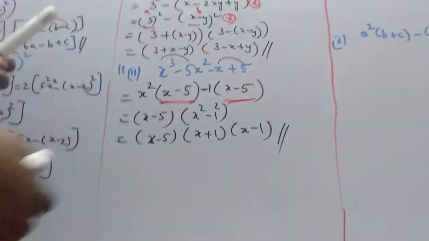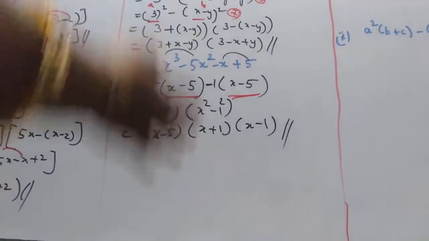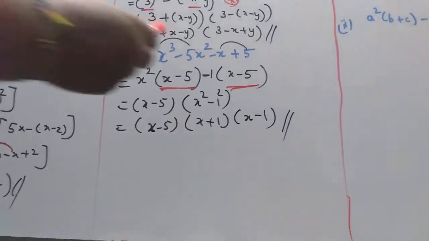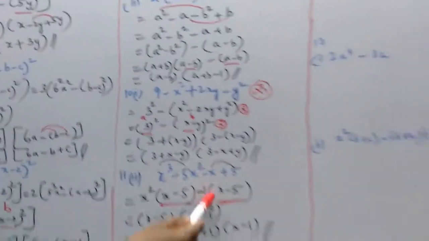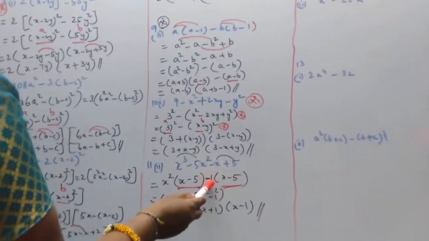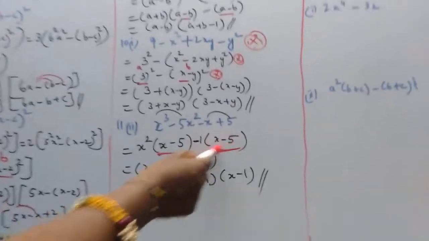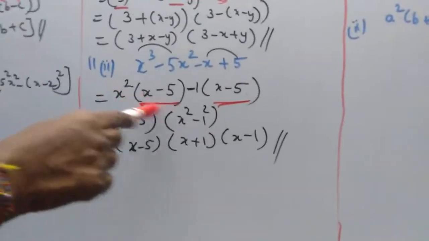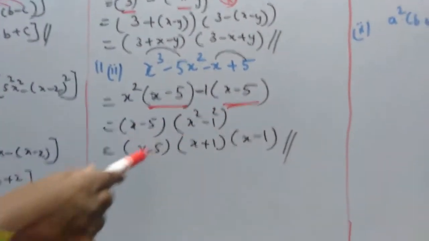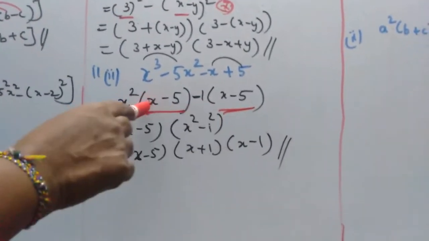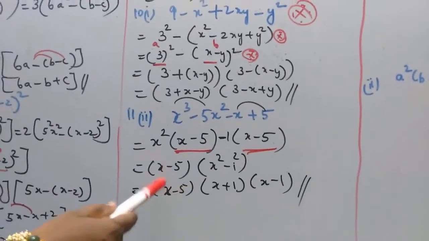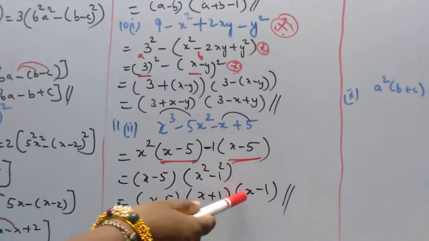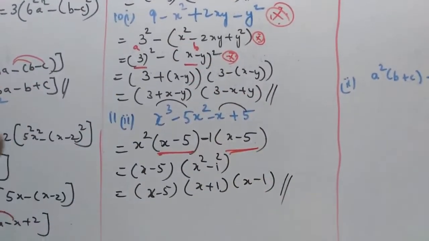So this is also very important, which is entirely different from all the other sums, right? So here in these two terms I am taking x square common outside, which is x minus 5, and no common term here, so I have taken minus 1. Then minus 1 I have taken, then this becomes x minus 5. In this 2, x minus 5 is common, then x square minus 1 can be written as 1 square. Since it is a square, I am taking 1 square. If it is a cube, I will take 1 cube. Okay. Then x minus 5 into x plus 1 into x minus 1 is the solution for this question.